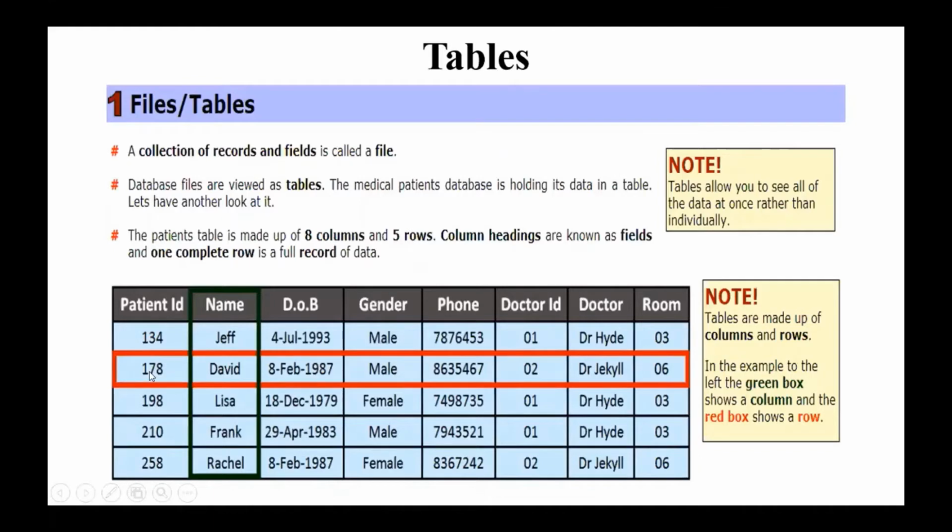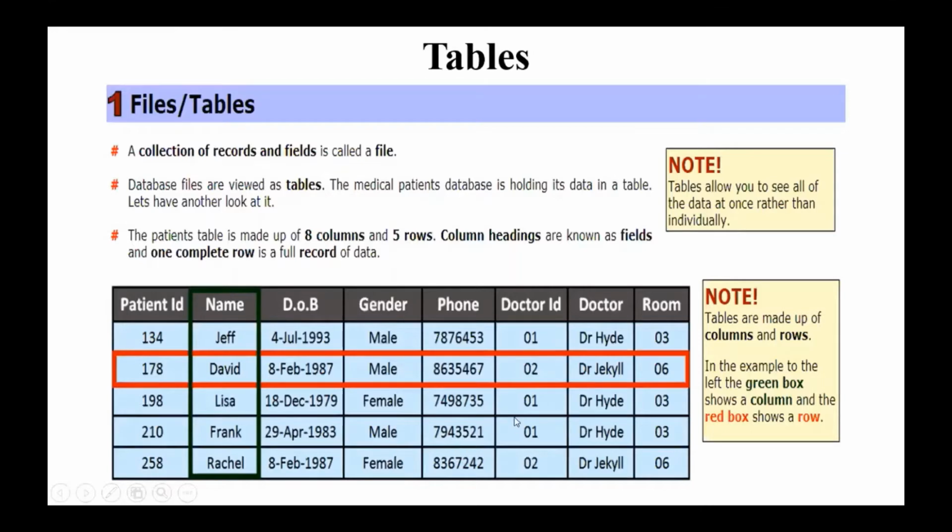In your database, every table has a unique name. In the practicals, we will see in the afternoon how to create the tables and how to give names to the tables. Now you can see that the fields are also known as attributes. So how many attributes are there? In total there are 8 attributes in this table. How many records are there? There are 5 records in this table.